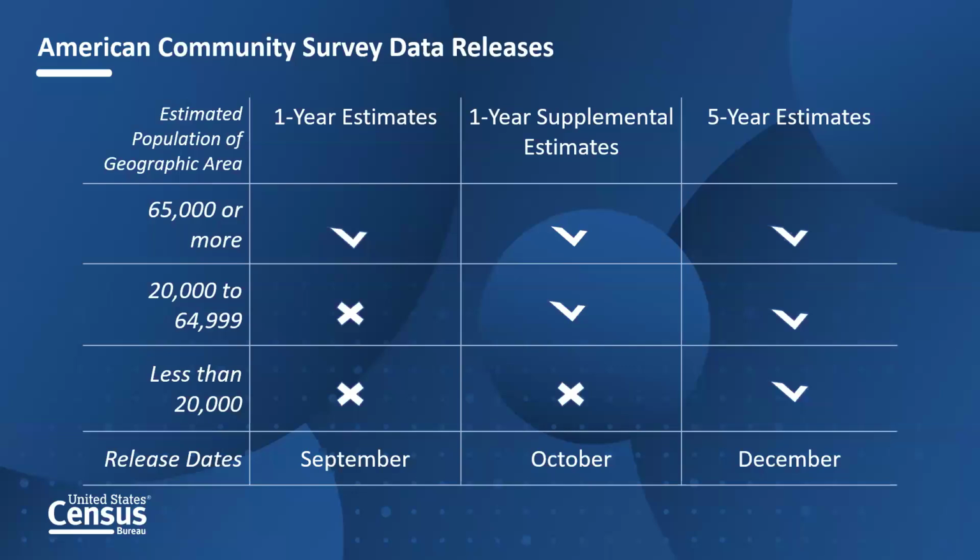When we go through the demonstrations in this series, this will all come together and make sense for you. I know right now it's just a bunch of data points on various topics, but this will tie in to the demos. So the ACS creates what we call period estimates, which means they represent the characteristics of the population and housing over a specific period. These are known as the 1-year and 5-year estimates.